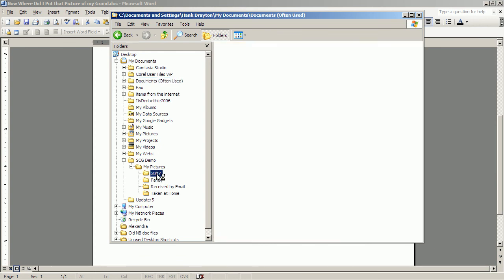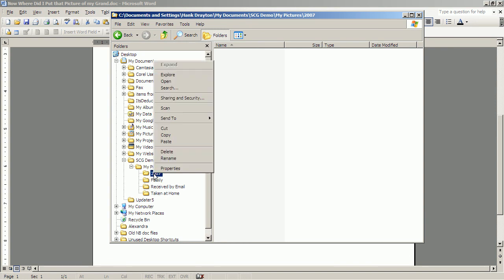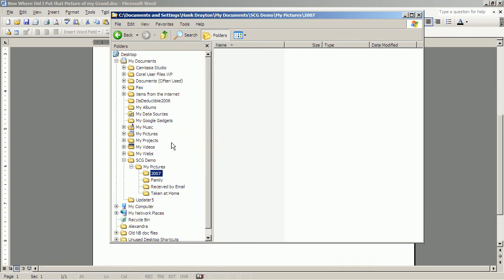Well, maybe we decide we want it here, in which case we right-click on the place we want it and click Paste. And maybe we also decide, since it's family, that we right-click on that, or we left-click on that,